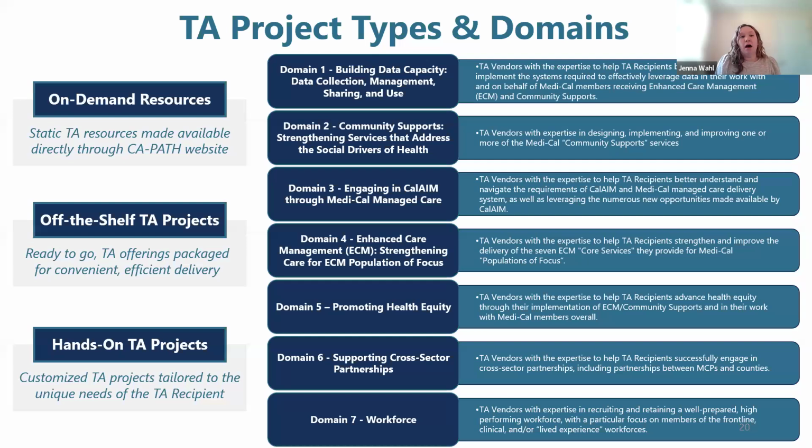Different project types and domains on the marketplace. So we do have our on-demand resources, which I will highlight at the end of today's call. But the 2 main types of projects that you can apply for on the marketplace are off-the-shelf projects, which are ready to go TA offerings. They include major project goals and deliverables for efficient delivery, while hands-on TA projects are really customized to the TA needs of the recipient, and it requires some collaboration with the TA vendor to make sure that you are meeting your